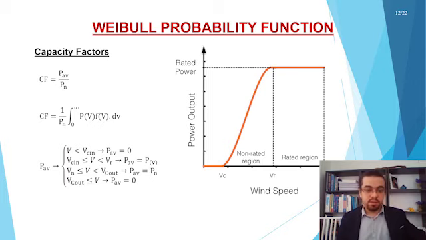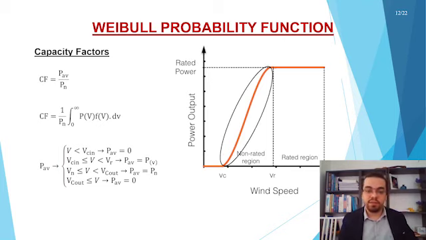And we see here the third formula is the power output formula, and if the wind speed is lower than the cut-in speed, the power output is 0. If it's between the cut-in speed and the nominal speed, it means a rising function. This region is a rated region,